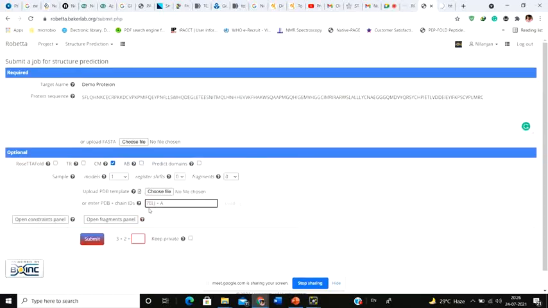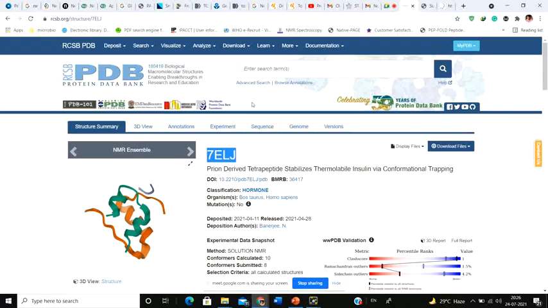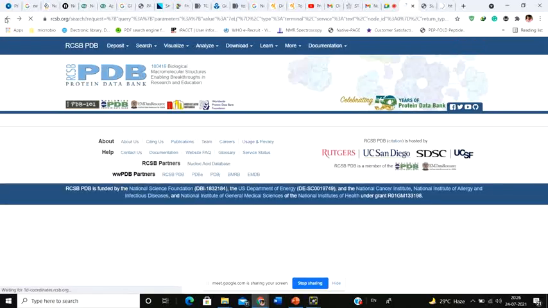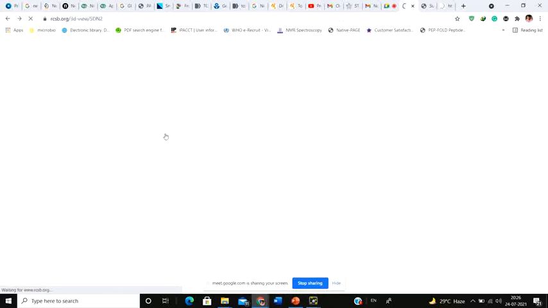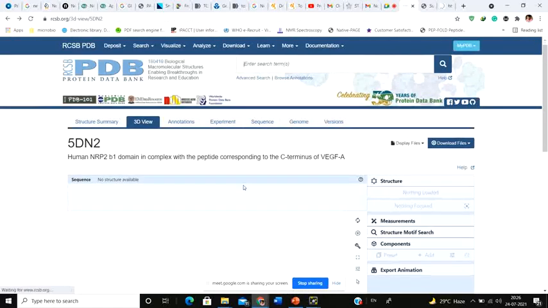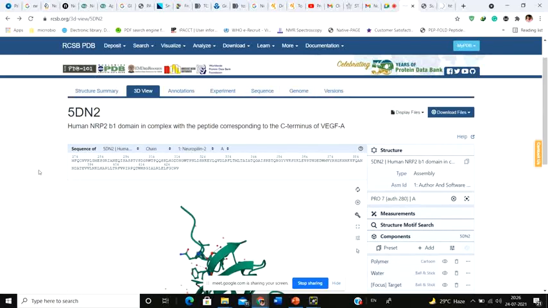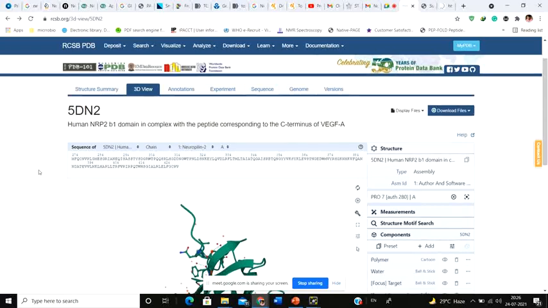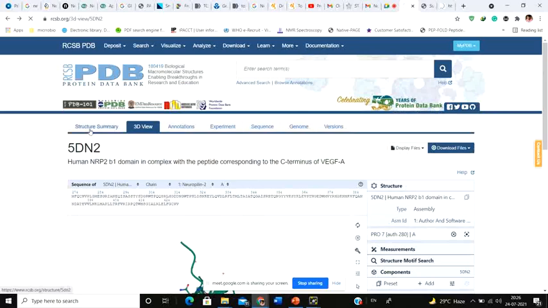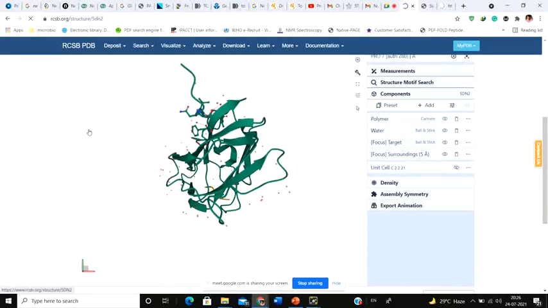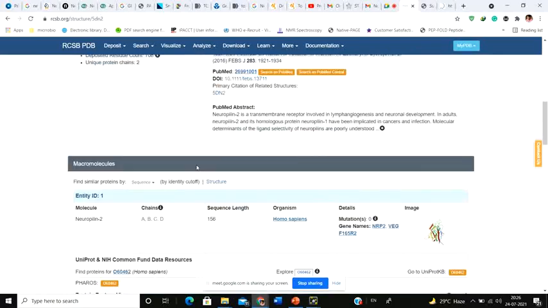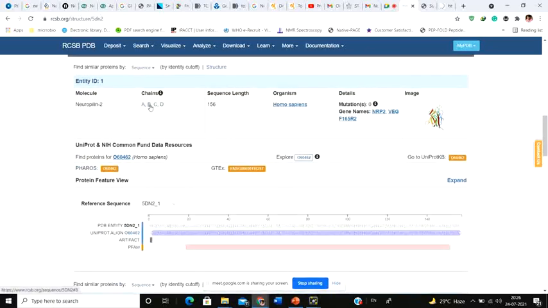You write down the PDB ID, and if there are multiple proteins, for example, sometimes it has 2 or more chains. In the case of VEGFA that I was showing you, there were 4 chains, A, B, C, D, and suppose you know that your molecule is common to the B chain.